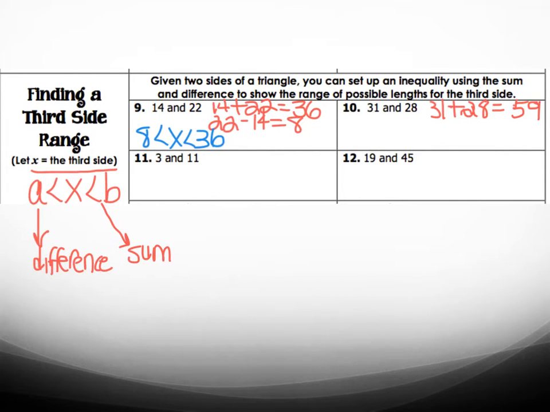And we get 59. Next, we're going to subtract 28 from 31, and we get 3. We're ready to put our range together. Always put your smaller number on the left. So 3 is less than x is less than 59. So that third side can be bigger than 3 and less than 59, and it will connect to make